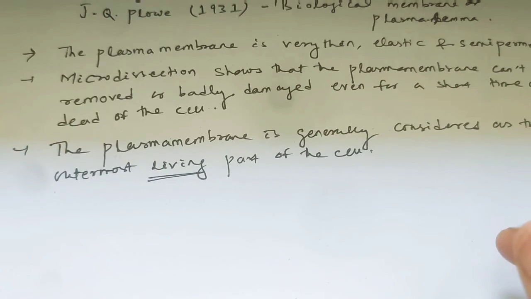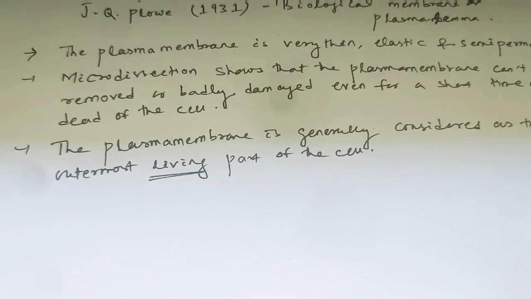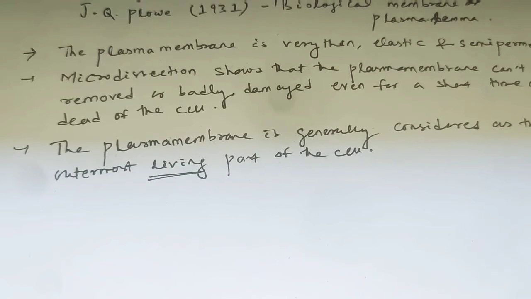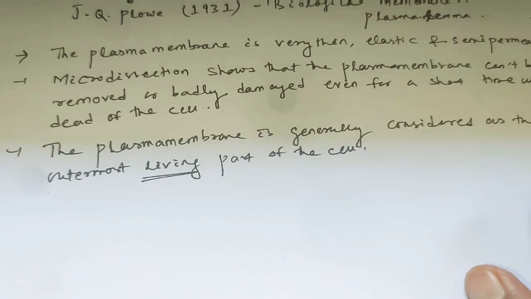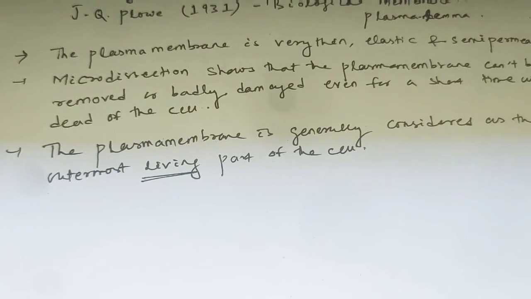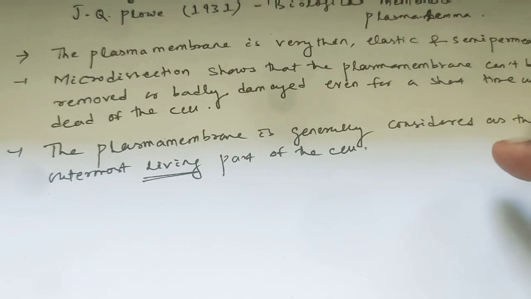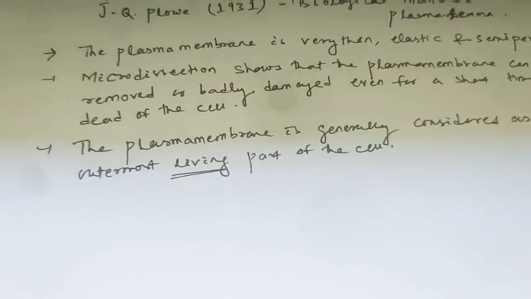Now come to its definition. The plasma membrane is the boundary or outermost layer of the cytoplasm. It covers the cytoplasm, and it controls the exit and entry of molecules and ions. That's why it maintains the difference in ion concentration between the cytoplasm and the surrounding medium. So here we can mention that point. Come to its definition.